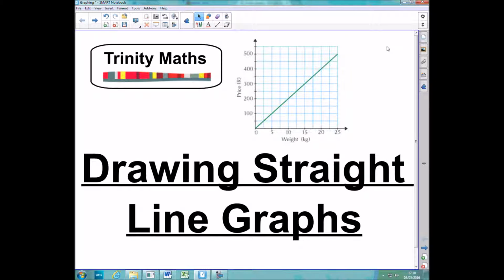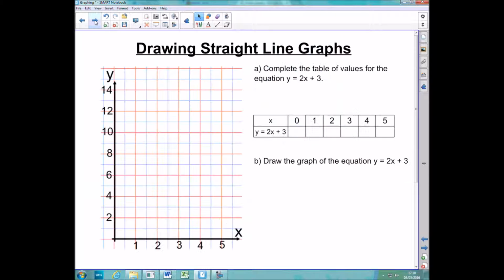Okay guys, so this video is going to be on drawing straight line graphs. Let's have a little look at a couple of questions. So the first one is asking us to complete the table of values for the equation y equals 2x plus